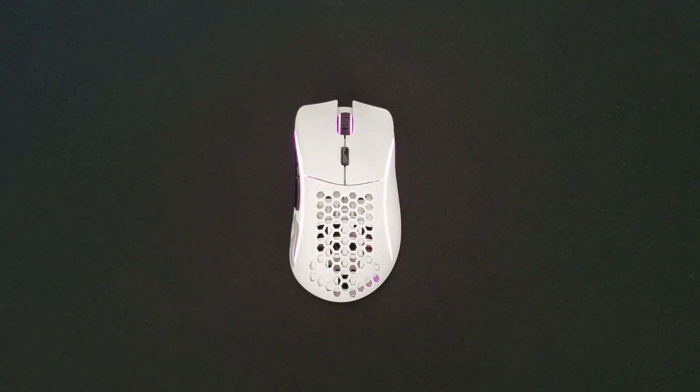Today's review is going to be on the brand new, just released Glorious Model D Wireless. Glorious has made a few updates to their Glorious Model D for this model, other than the fact that obviously this one is wireless. We're going to talk about all of that, but starting off as usual with design and